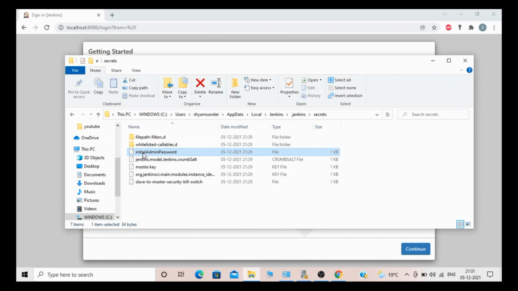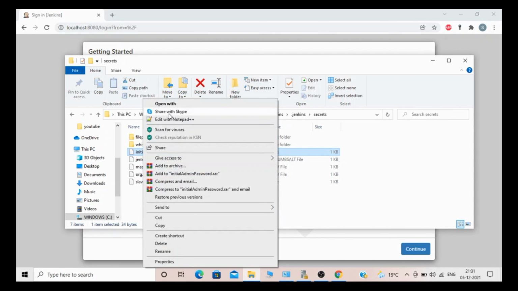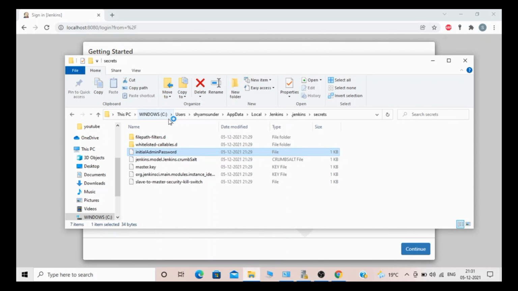What we will do is just right click and edit with Notepad plus plus.